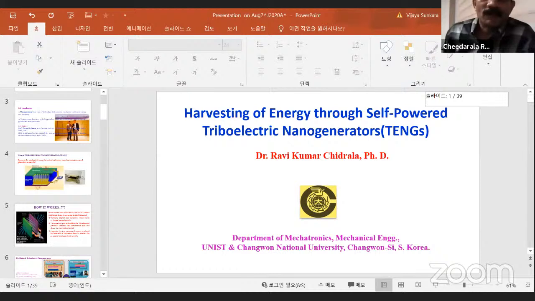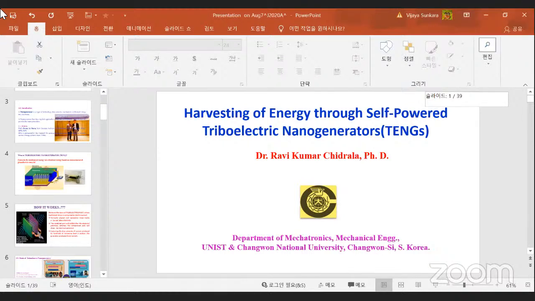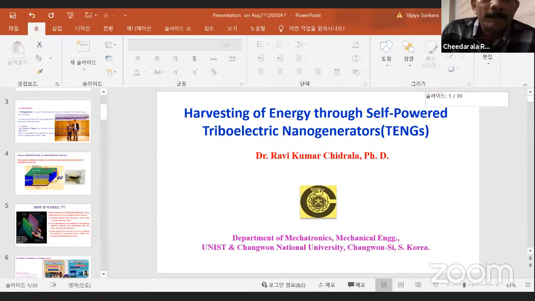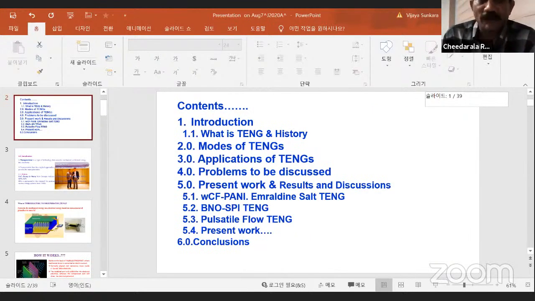What is the triboelectric nanogenerator that I wanted to present here? Presently, triboelectric nanogenerators are a very trendy research area because the harvesting of energy is very important to industry,